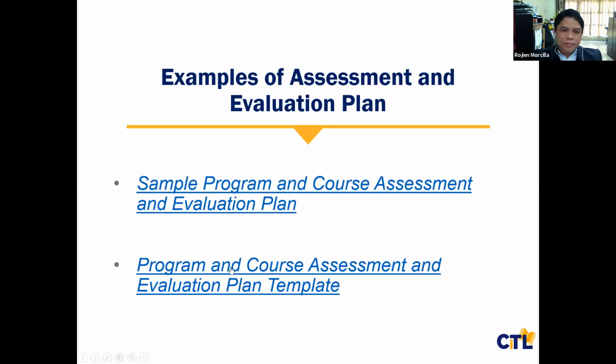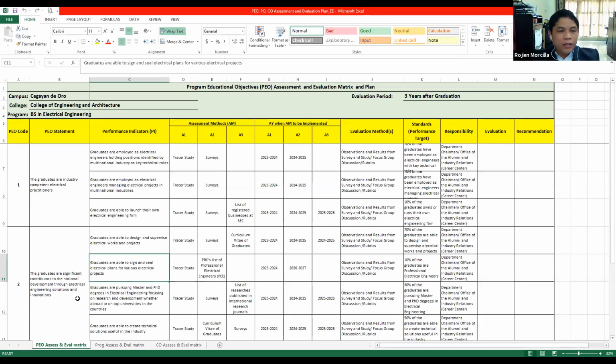Okay, so I will give an example for the course. Let me share my screen. Okay, is this seen by everybody? So this is the template. This is our example from electrical engineering. This is not final for my program, ha, because I am the only one who created this and I have not yet presented it to all my faculty. So as you can see in the template,